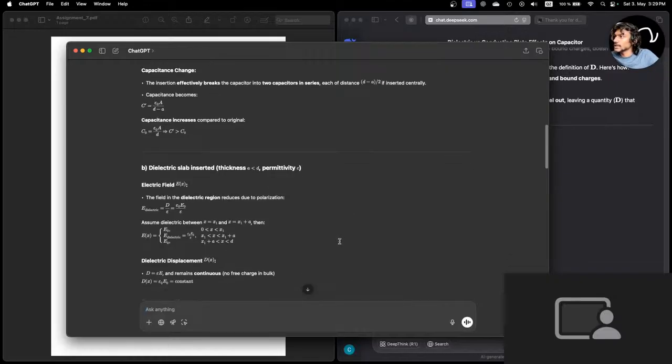The field in the dielectric region reduces due to polarization. Yeah, the field inside the dielectric is zero. That's for the conductor, right? Yeah. So the dielectric field is D by epsilon 0, which is epsilon 0 E0 by